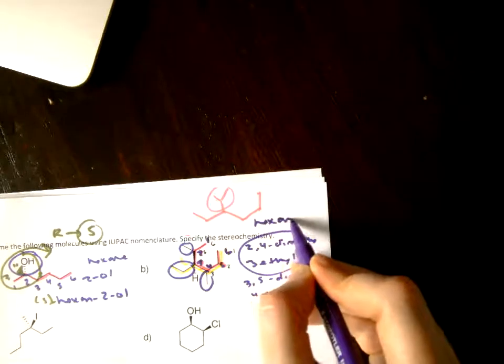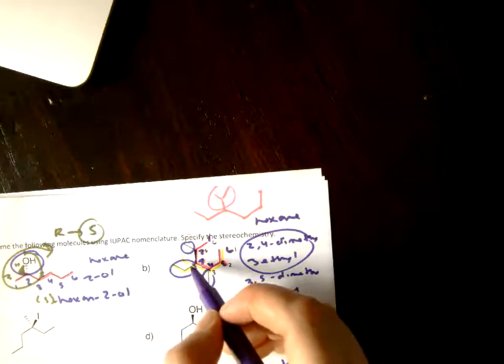Okay, so now we have our name all put together. 2, 4. Oh, did I ever write out that the parent chain was hexane? I don't think I did. 2,4-dimethyl. Ethyl comes first. 3-ethyl. 2,4-dimethyl. There's no space between this, but I ran out of room. Hexane. So that's the name overall,